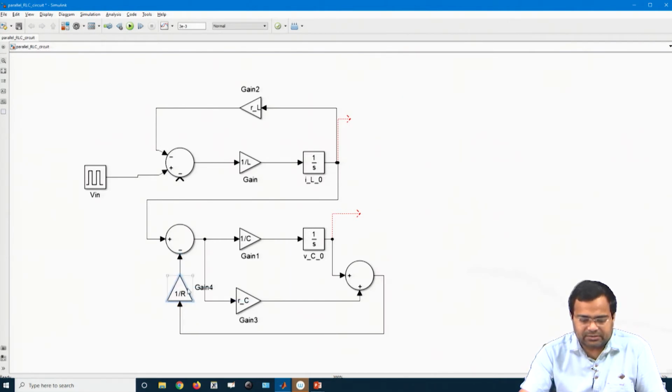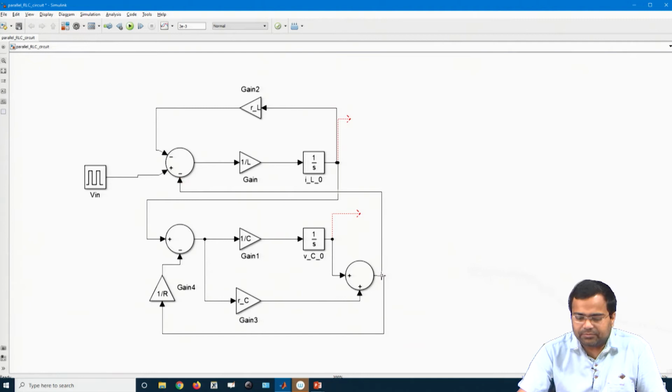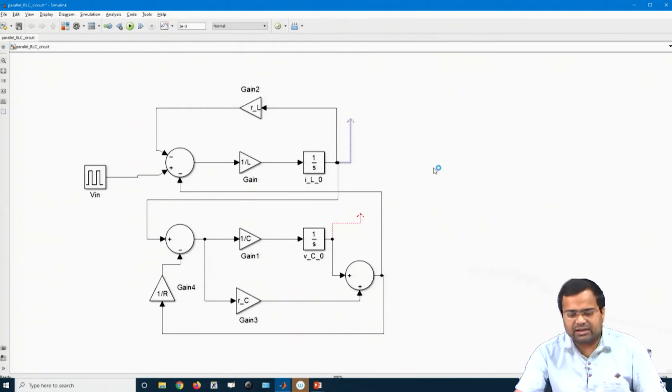That is my load current. Got it? And now, we have the output voltage, so I can simply connect it from this block, and now our model is ready, the parallel RLC circuit. That means everything I have included.